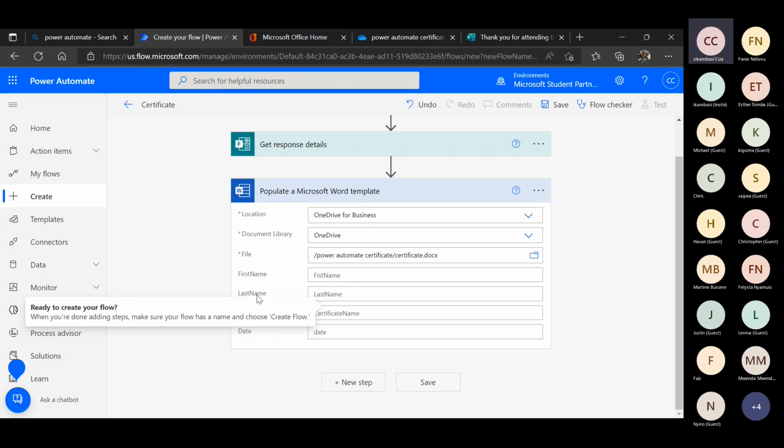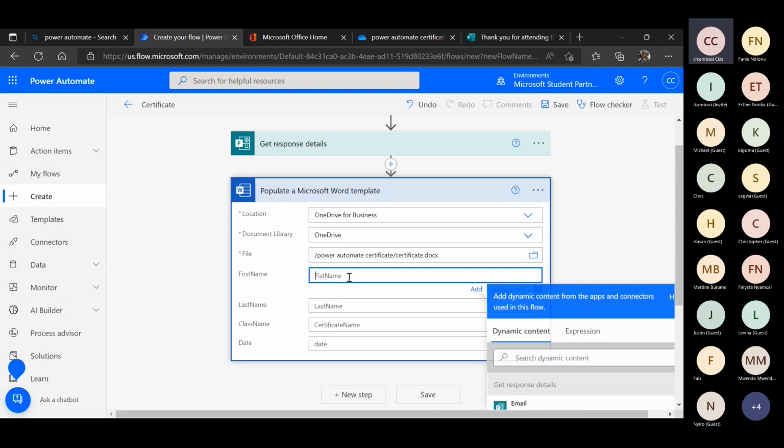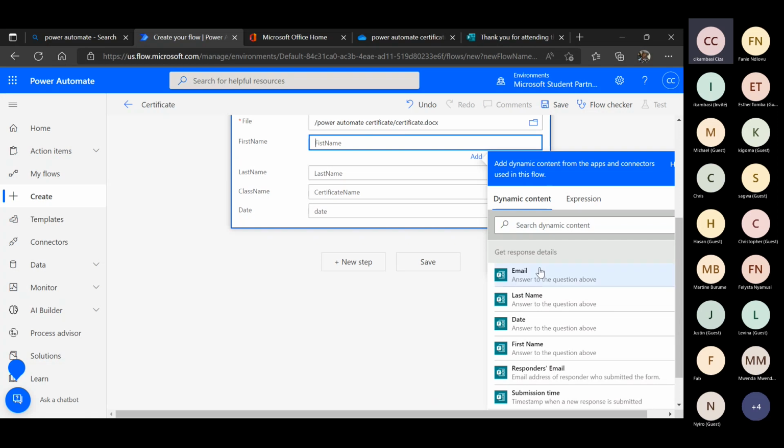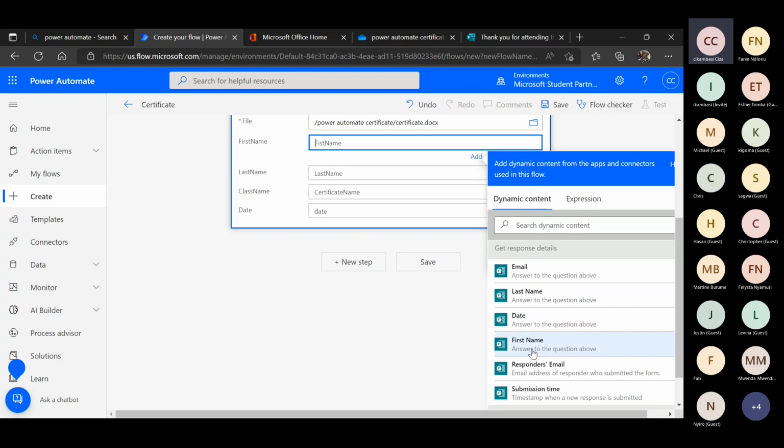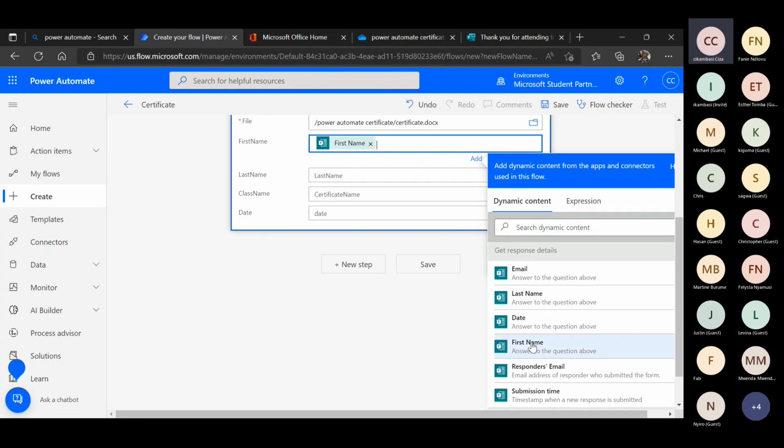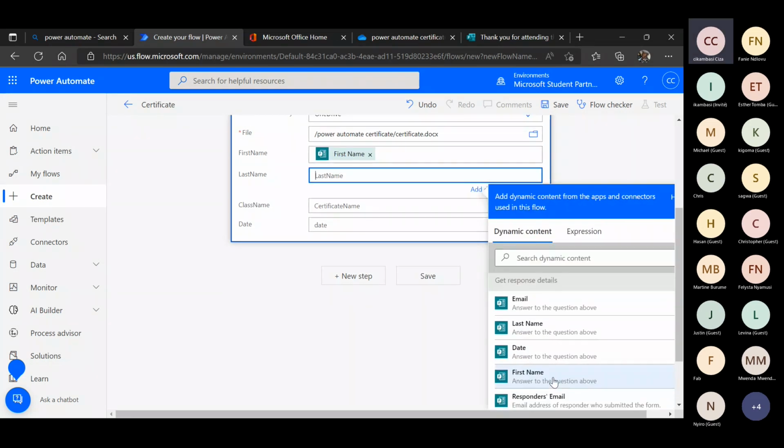So now it's asking us for the first name, last name, and the certificate name. And remember, we got that information from the form. So we are going to pass that information here on this Word document. What you are going to do is just click on this, and it will open this dynamic content where you can find that information. So I'm going to pass the first name and last name,